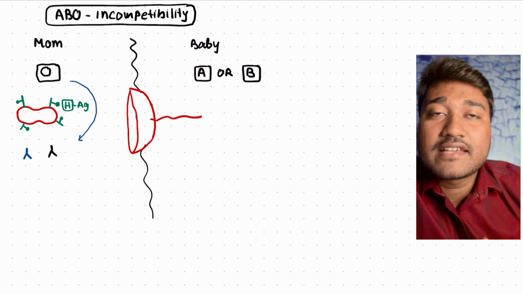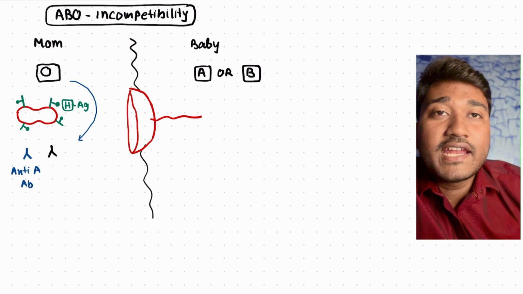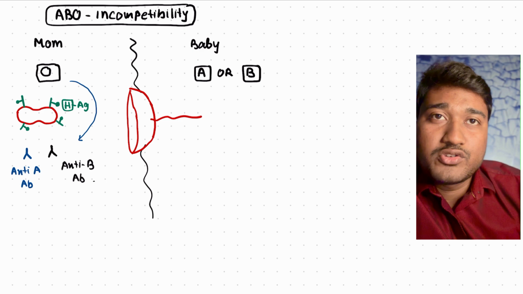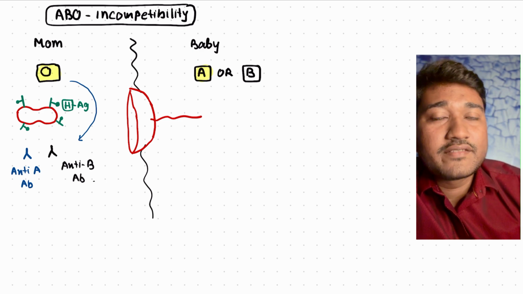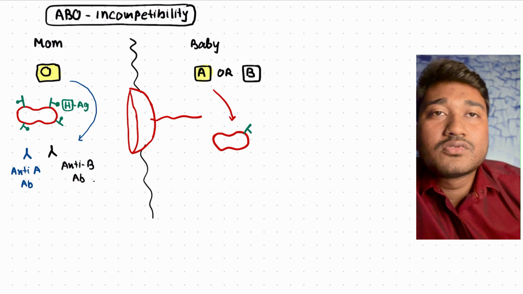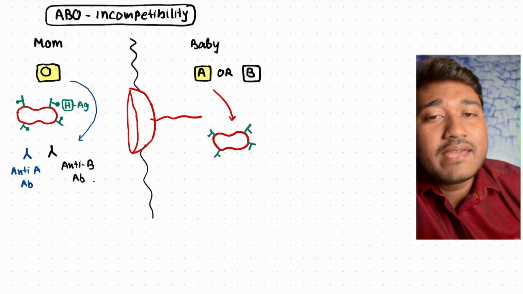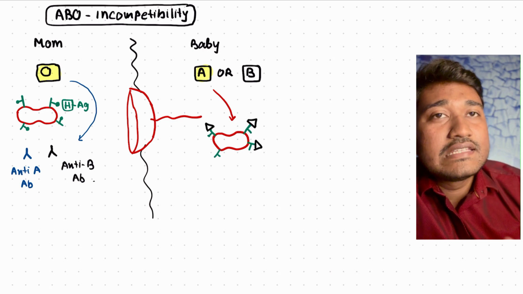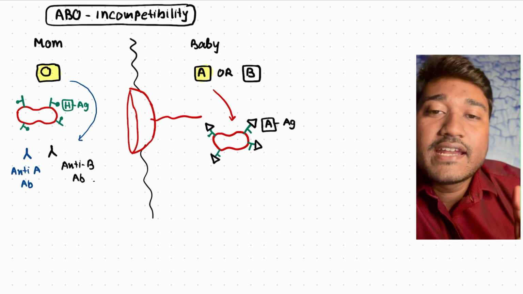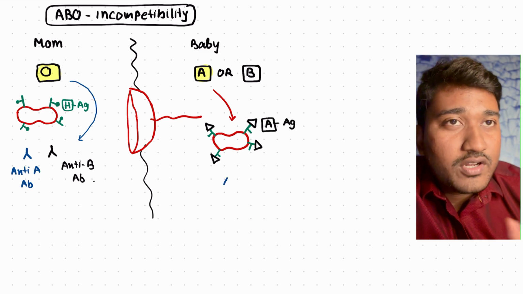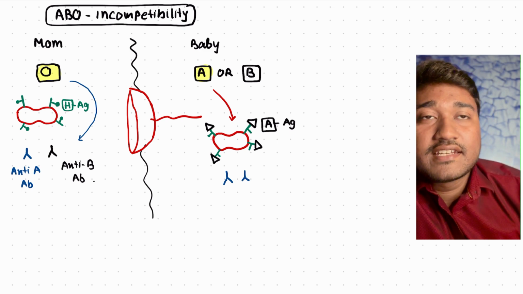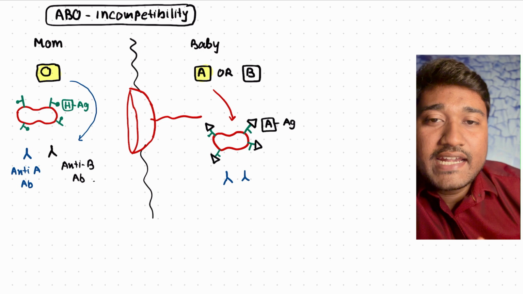As they don't have any A or B antigen, anti-A or anti-B antibodies are automatically produced in the case of the mother. But in the case of the baby, let's see if the baby has A blood group. So what is A? A means the RBC has the H antigen, and on top of this H antigen there is the A antigen. The H framework is the same, but on top of this H there is A antigen, and also there is anti-B